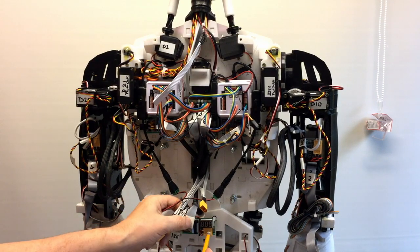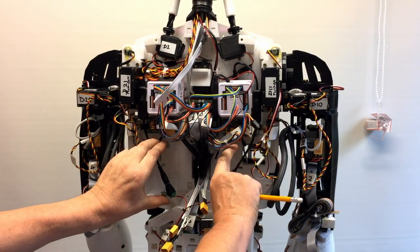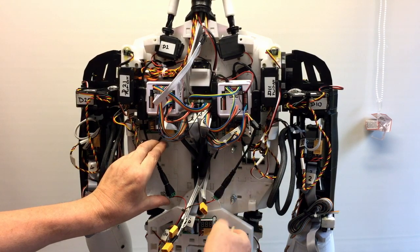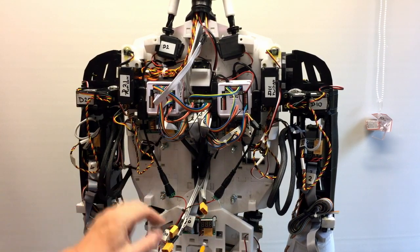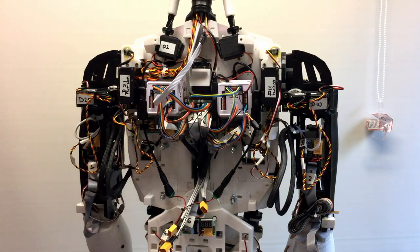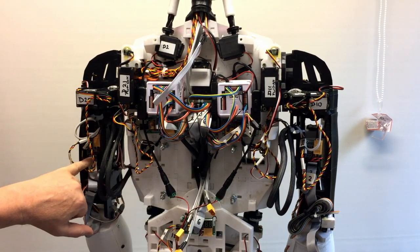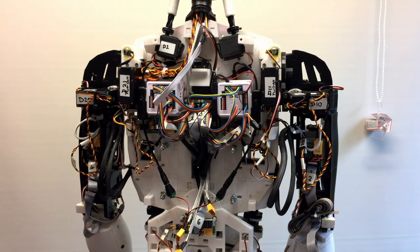And the power will go in there. And as my power distribution unit sits there, the cable's just going to plug in there. So again, I've got a voltage indicator. So that board and that board are the same, and they've got the fuses on them, as you can just see in there. These aren't fused, just for the hands. What else have I done? I've got